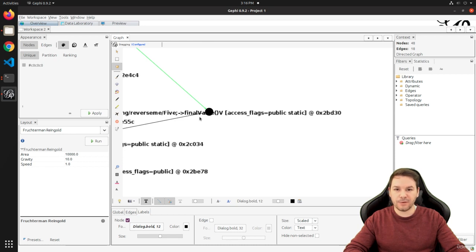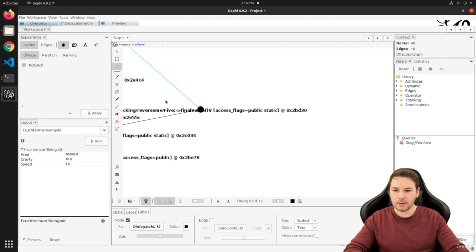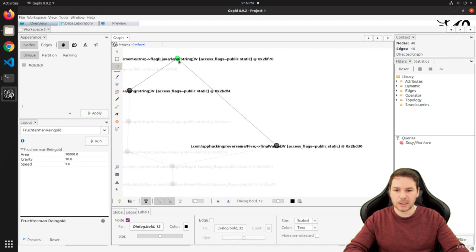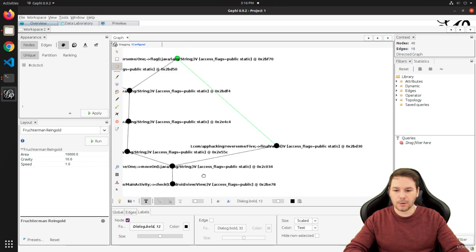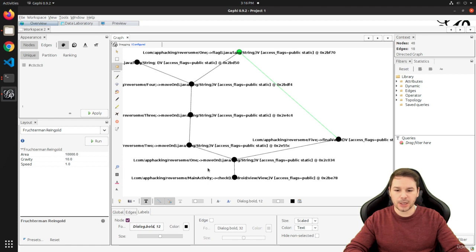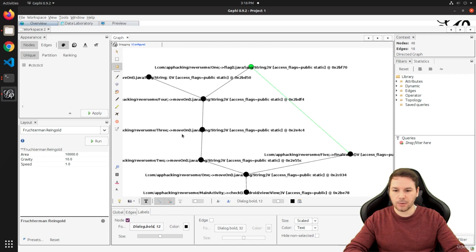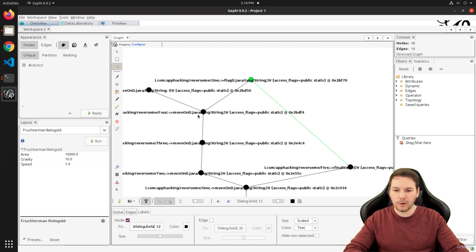And if we end up in 5 final value, we are out, because we cannot reach our method on top anymore, because there's no reference to this one. This one is going from here to there, but it's not going backwards. You can also see this if you hover over this. We only have this line at the bottom. At this point, we already know, okay, we have to make this check so that we definitely go into 2 move on. From there on, we've only got one direction into 3 move on, 4 move on, and here we have